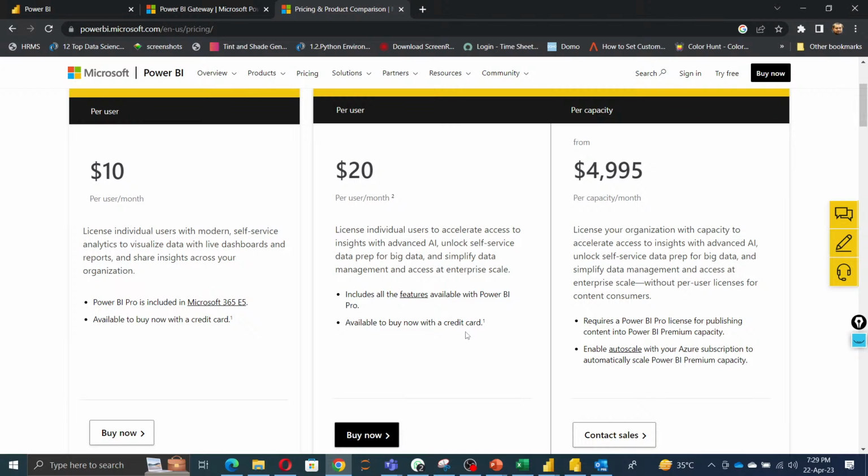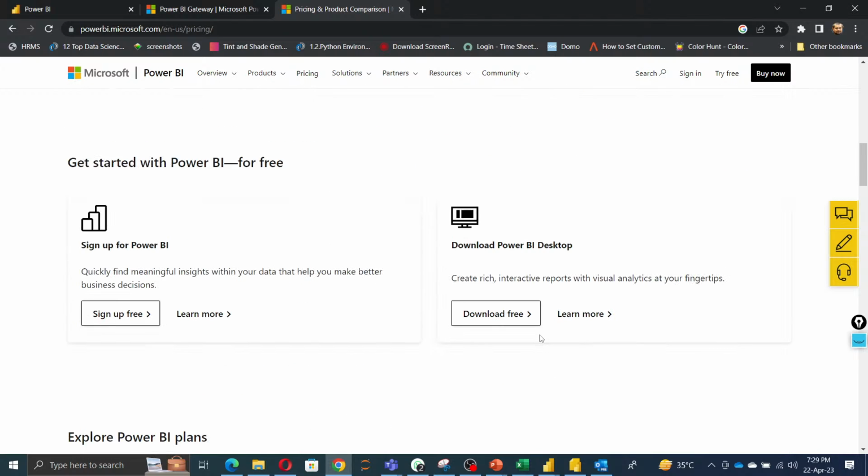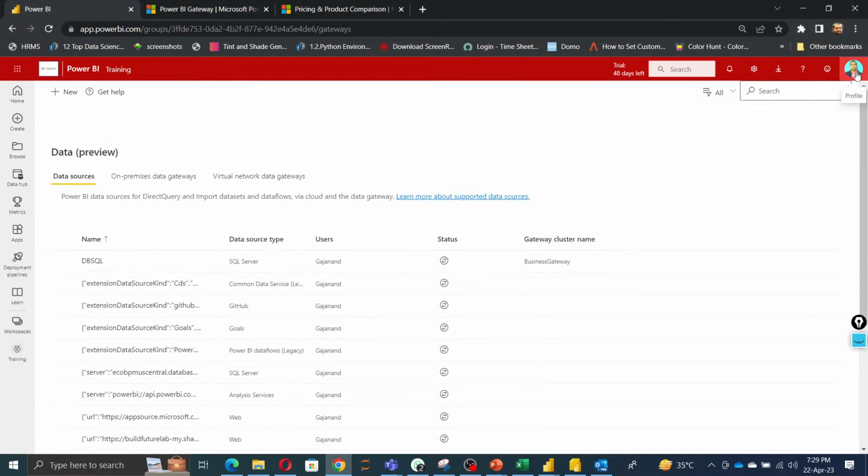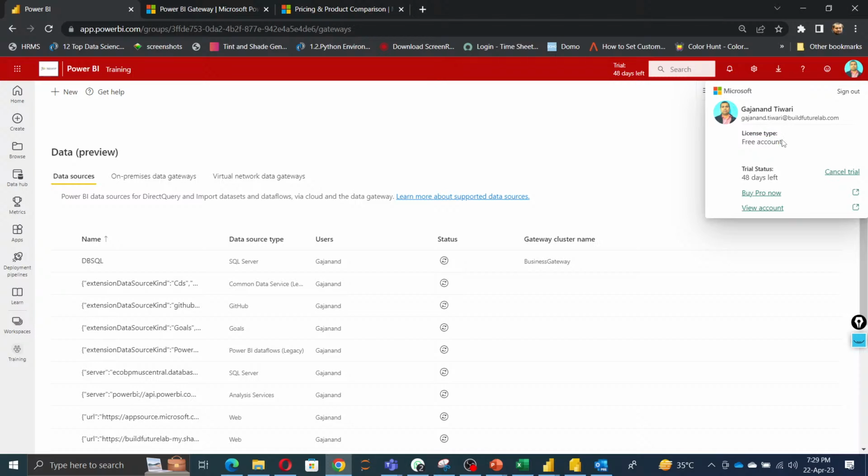Let's talk about the features that each license type has. So first let me explain the licenses that we have. You can see that I have a free account. Since I have Office 365, I have a free account here, and a free account means, suppose I'm using the trial. I have to go to the